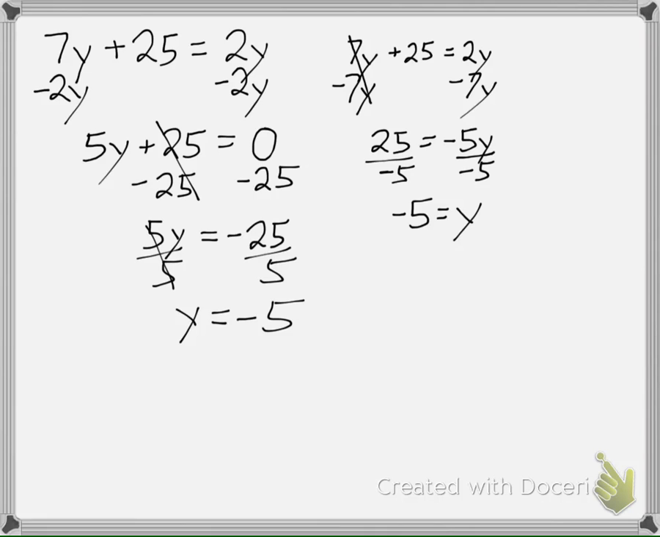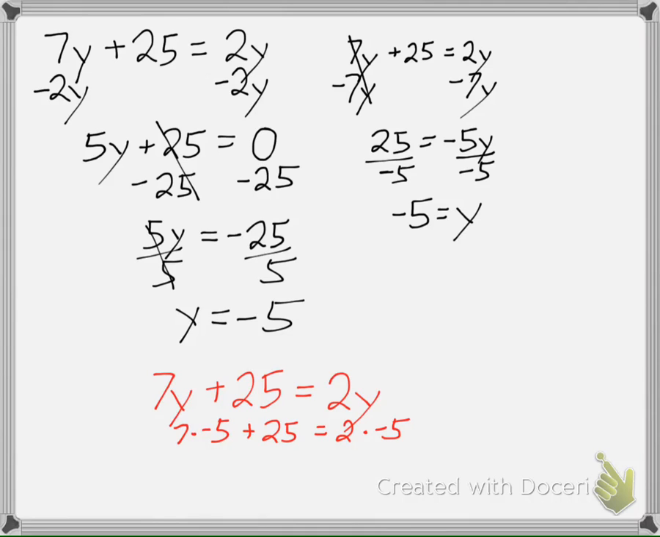And of course, we can check our answer really quickly. So 7y plus 25 should equal 2y, and we said y is -5, so I have 7 times -5 plus 25 equals 2 times -5. Order of operations says we do our multiplication first. 7 times -5 is